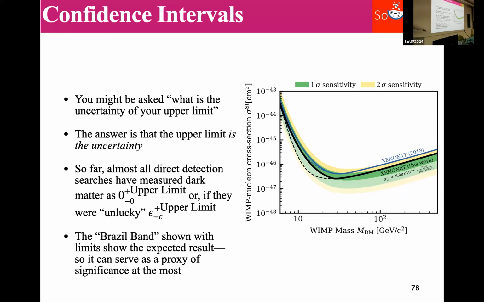And then in other fields, if you look at collider physics, they do something called CLs, which is, instead of a sharp cutoff, a gradual penalizing of your p-values as you get closer to more and more downward fluctuations. And in fact, it means that your coverage at your sensitivity is 0.95 instead of 0.9. Well, I mean, they have a 0.95 confidence interval, so their coverage is 0.975, but that's beside the point. But there are these other ideas also for this.